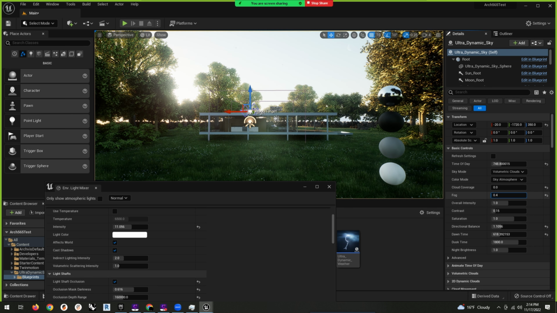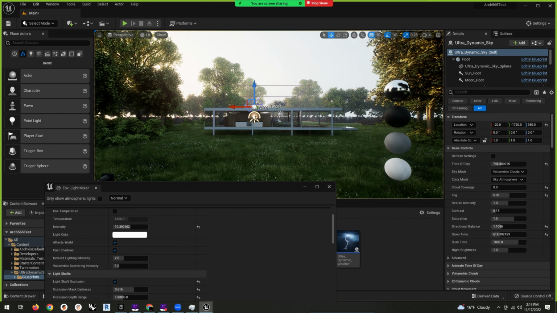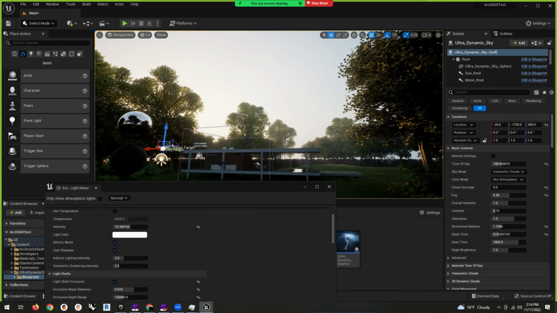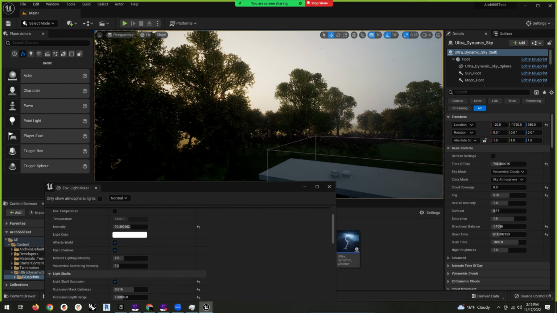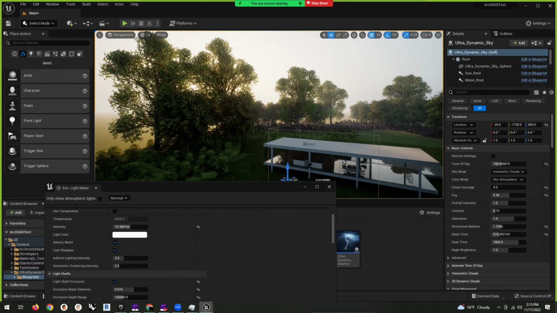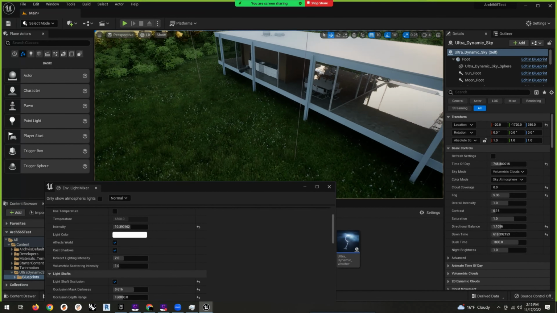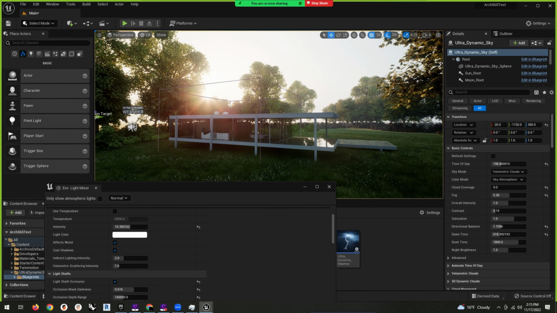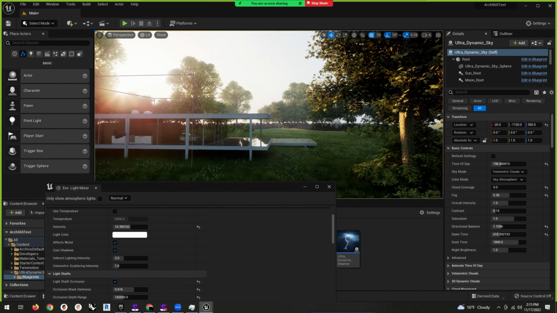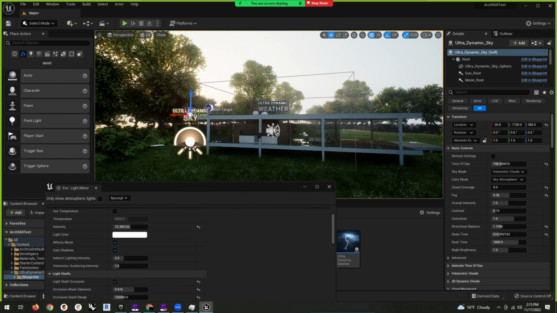So I do want a little bit of fog. I want some atmospheric fog, but I don't want so much that I can't see the sun. So we get a little bit right there. And where is that sun? I thought I saw it. There it is. So if we're standing here, we can see we get that nice light ray that